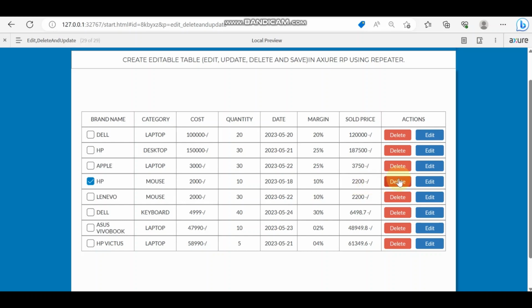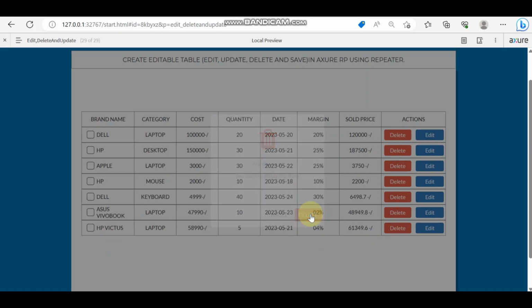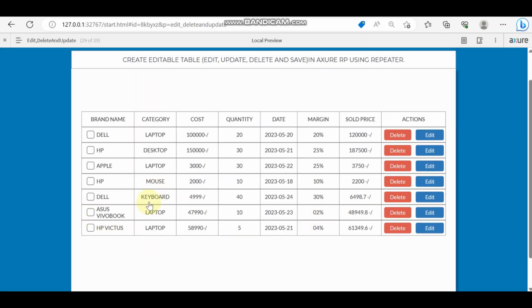So now going to delete. For delete, selection is required, otherwise this notification is there. So selecting this level and delete this. Are you sure you want to delete this item? If delete, then I must stop it. So now